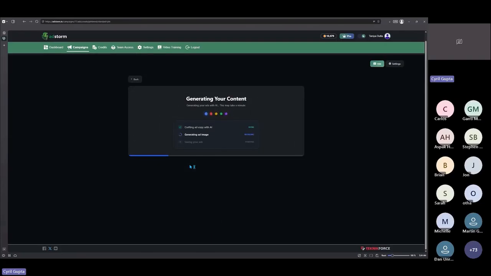Now imagine the cost advantage. Imagine if you had to get it done by a designer. You would think of a concept, you would brainstorm it with your friends or your colleagues or your family. Then you would either design it yourself, or you could go to Canva, or you would hire a designer. All of that would take time, but Adstorm does it for you in seconds. So we'll see that happen now. It's already created the ad. It's uploading the ad to the server.